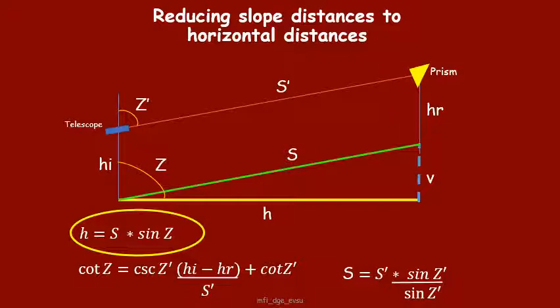Now our V, that is the vertical distance. How can we determine it? Sometimes our total station gives the slope, the horizontal, and the corresponding vertical distances. So you can use this formula. It is just a triangle; you use the triangle HVS. So V is equal to S times the cosine of the angle Z. Okay?